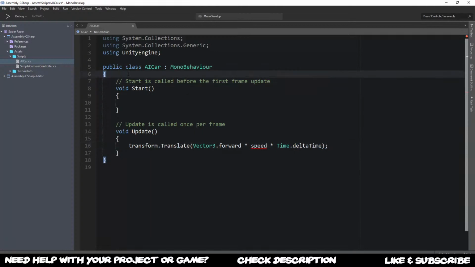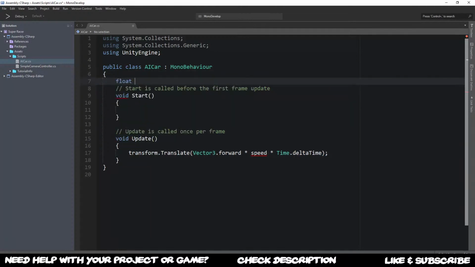So what we can now see is we need a speed variable. I'm going to create a float for that so I can have uneven numbers, and I can also set this one to, let's say, a speed of 10. Don't forget to hit Ctrl S to save the script,